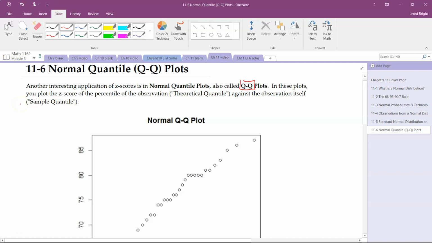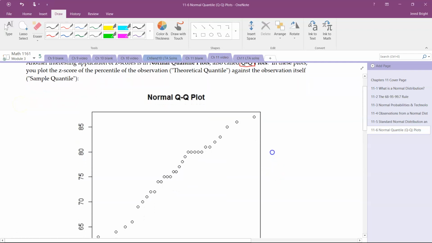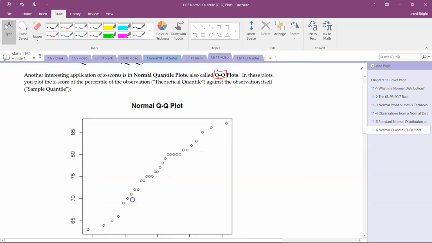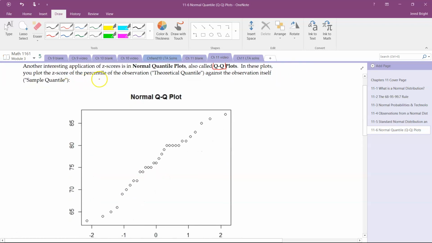the idea with a normal quantile plot or a QQ plot is that you plot the z-score of the percentile of the observation. They call it the theoretical quantile. Not to be confused with quartile. Quantile and quartile are different. The z-score of the percentile of the observation, theoretical, versus the observation itself in a